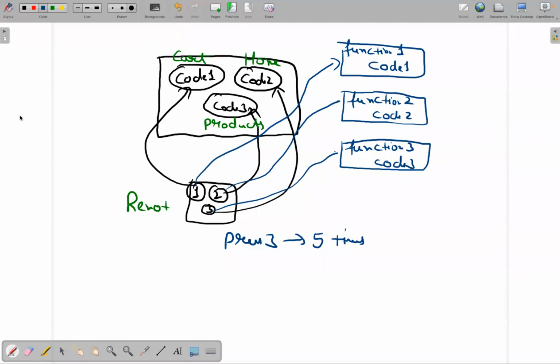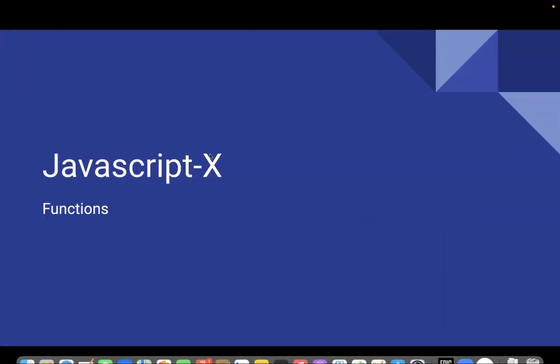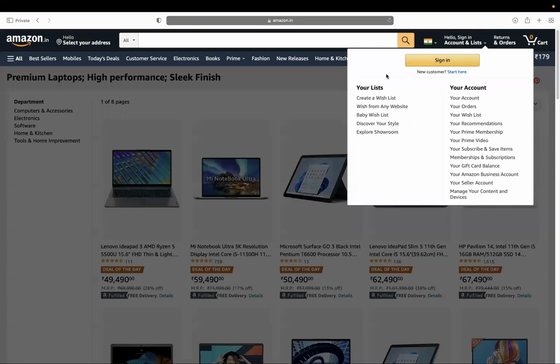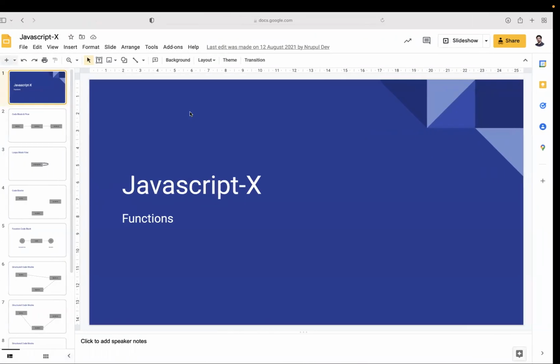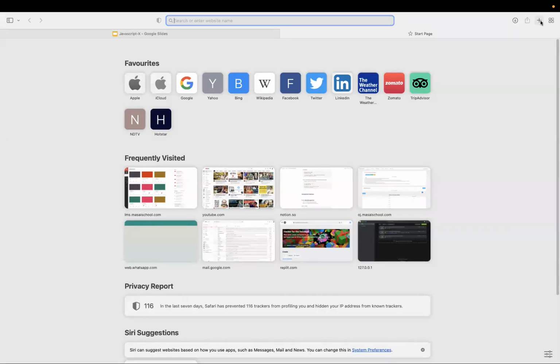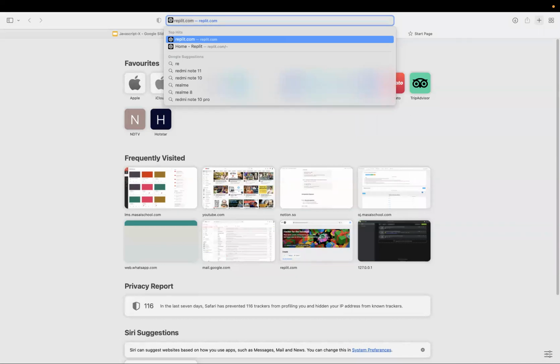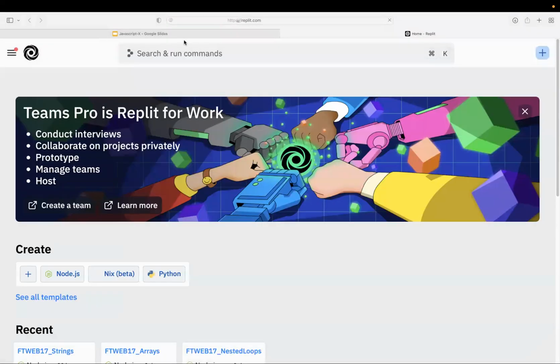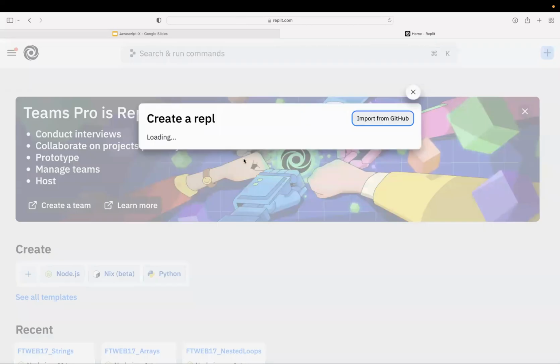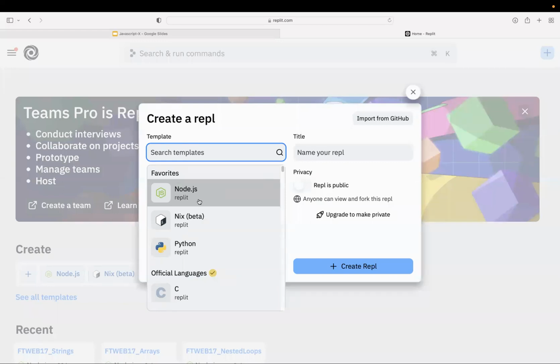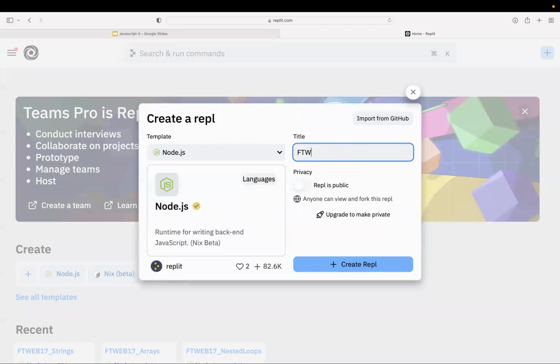We have traveled a lot from our 90s time to the current time, and eventually we came back to our present time. Now if I open this, click on FT Web 17, and click on functions, and create it,